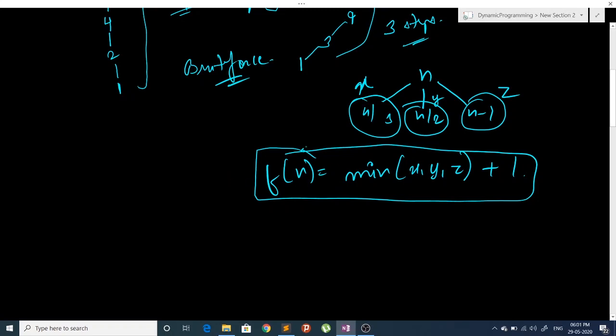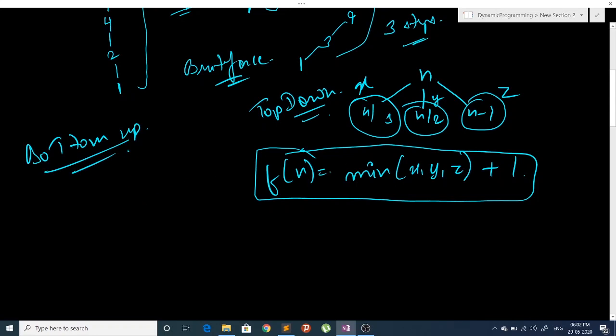So this is the top down approach to our DP. Now we can, not always, but in most cases, form the bottom up approach for our DP from the top down approach. So how to form the bottom up approach?